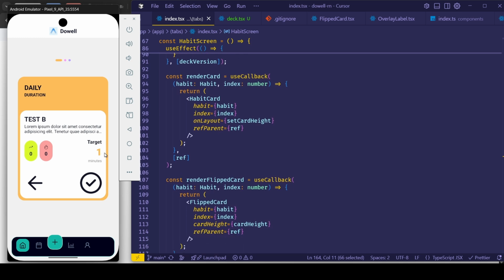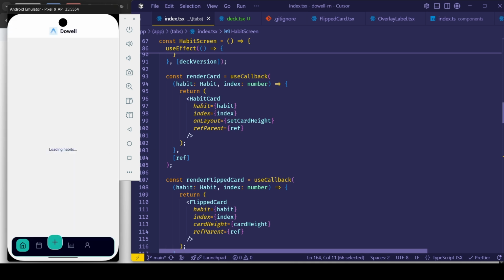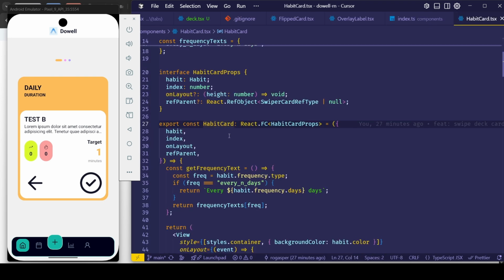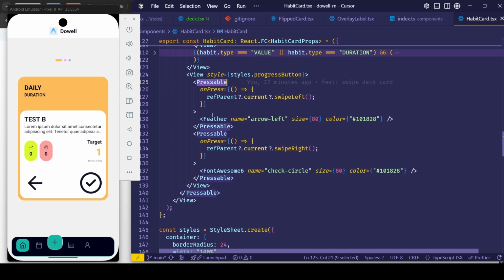And then if you want to implement it with the buttons for swipe, I just send a ref to the habit card component. So in the habit card component, we can use a pressable button to trigger the swipe left function and swipe right function.